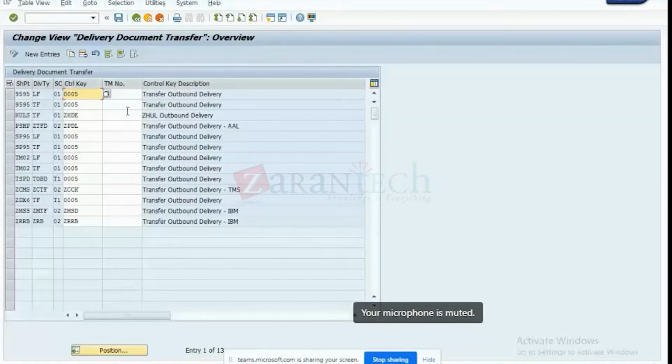Okay. Any question? Could you please redefine the control key? So,